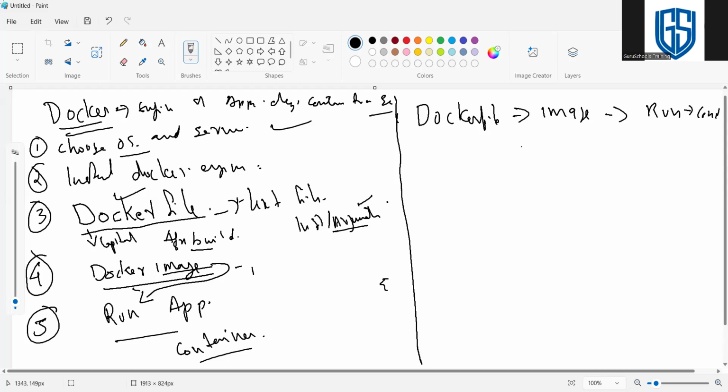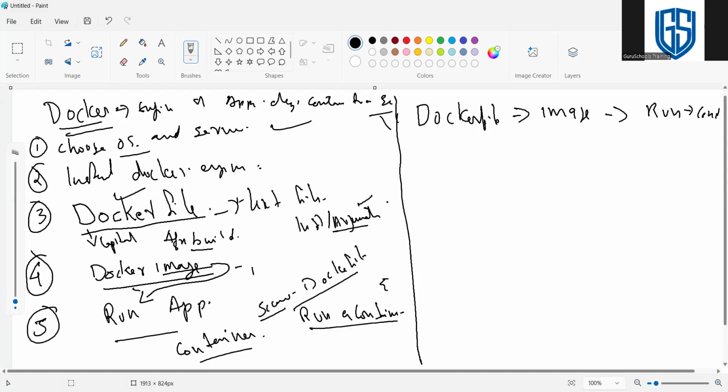Coming to this scenario, this is the scenario where we use Docker, I mean a Docker file, for running a container.